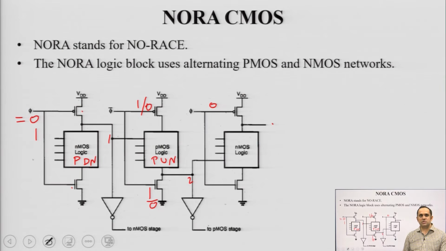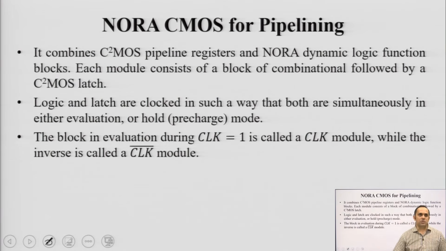Now, how do we use it for a pipeline structure? Our main topic of interest today is to implement pipelining design technique, so that we can reduce the delay of our circuits, of our sequential CMOS circuits. So, we use NORA CMOS for pipelining. It combines two things, it combines the clocked CMOS version and it combines the NORA logic block, which we have just discussed. So, you have two things, one your clocked CMOS register, right, which avoids the problem of race,